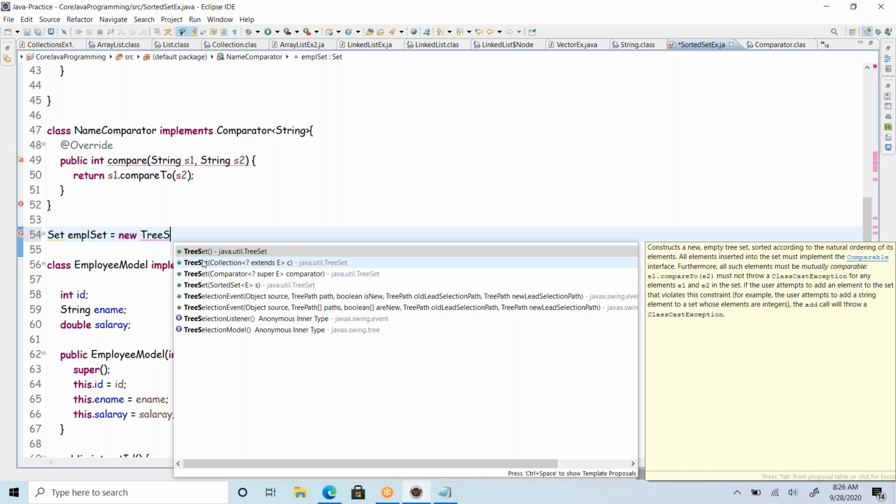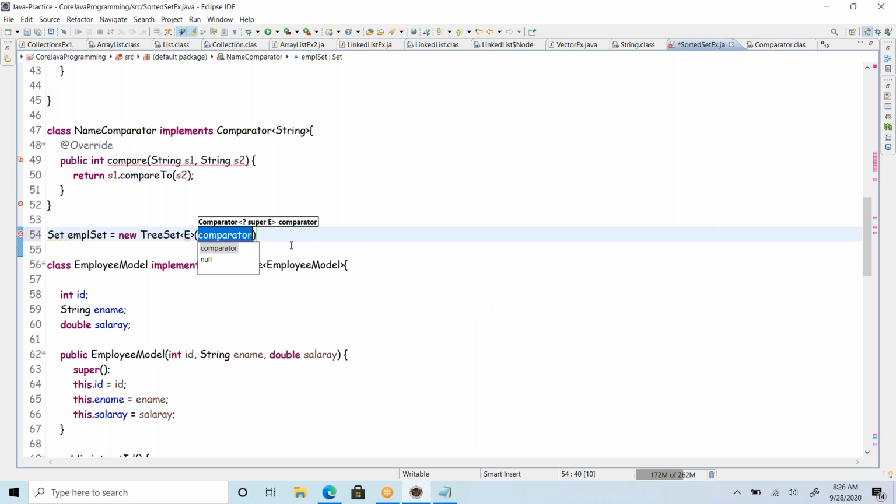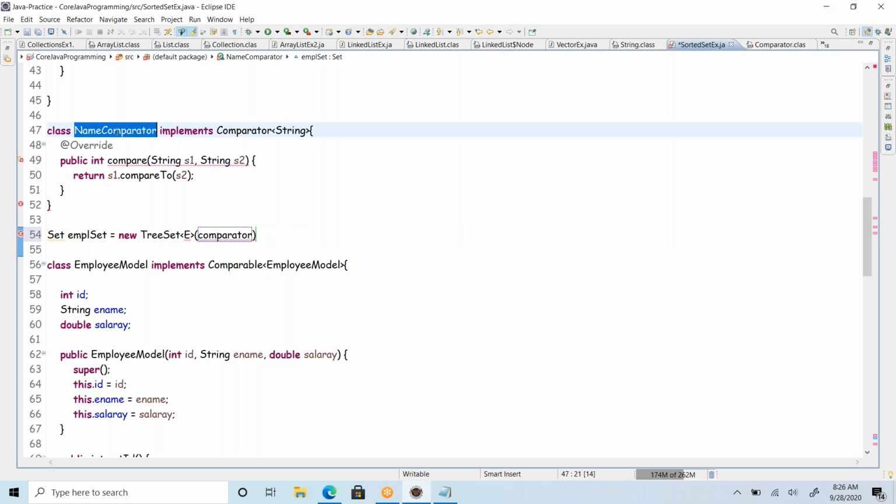Can you see here? It has multiple constructors: TreeSet with no parameters, TreeSet with collection, TreeSet with comparator, TreeSet with another sorted set. I'm going to use the comparator object here. I have a new comparator that I'm going to pass over here. Based on that, it is going to arrange my